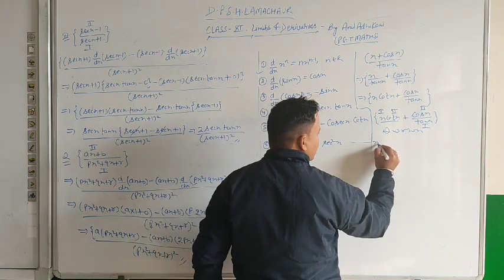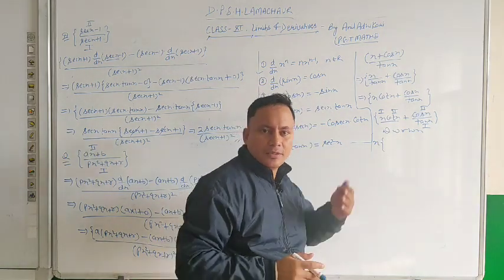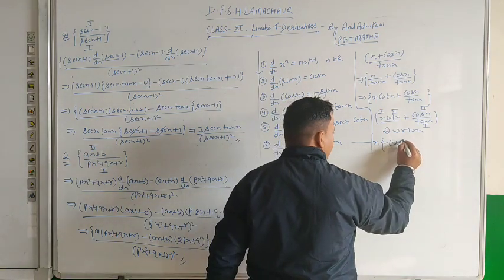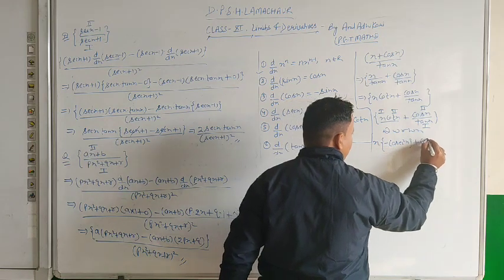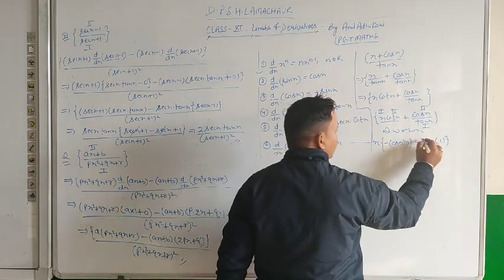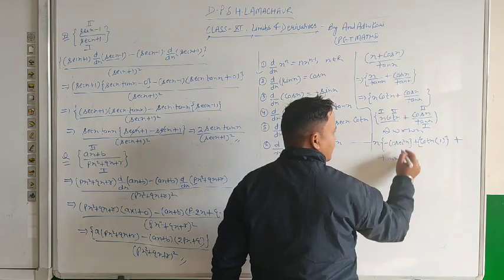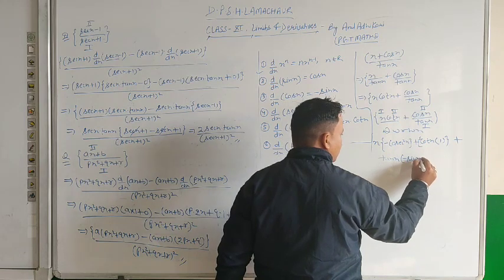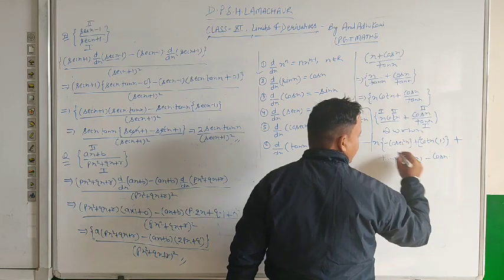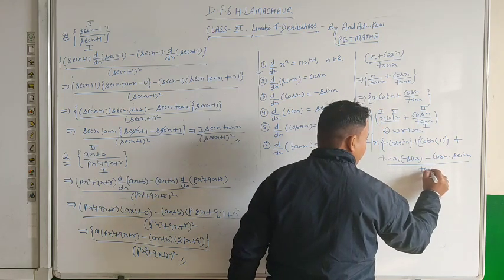So here first function, derivative of cot x. Cot x का derivative क्या होता है बेटा? What is the derivative of cot x? The derivative of cot x is minus cosec square x, plus second function cot x, derivative of x will be 1. Okay. Now plus first function which is tan x, derivative of cos x is minus of sin x, minus second function which is cos x, derivative of tan x is sec square x, and divided by tan square x.